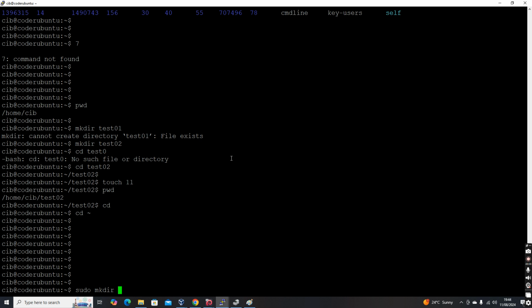By default a user will not be added to sudoers. By default a user is just a normal user, but the first user that you create in Linux has superuser privilege, while all the other users that you create will be normal users. So sudo will not work for every user.